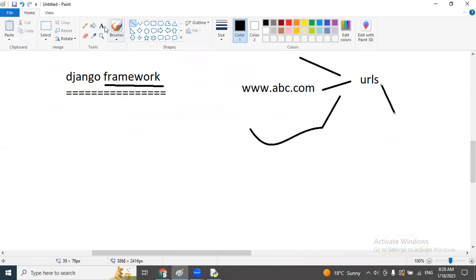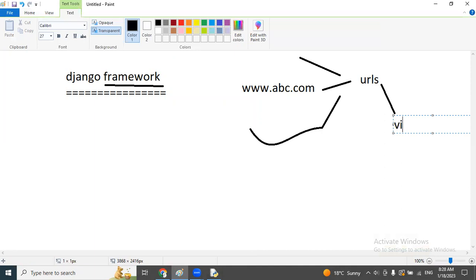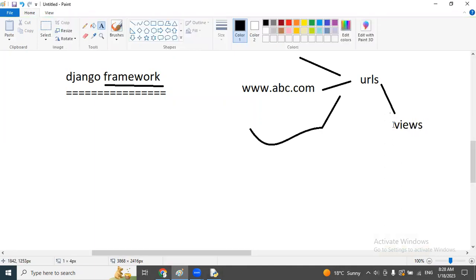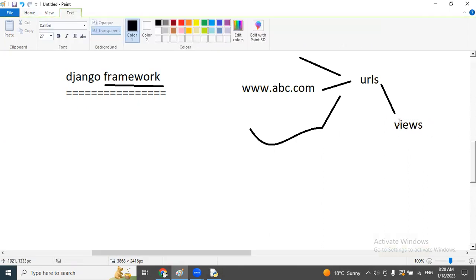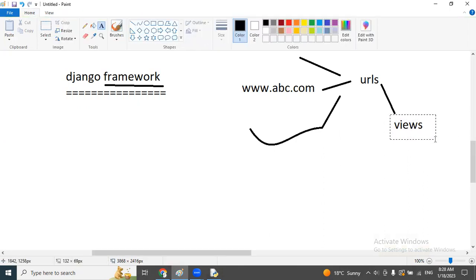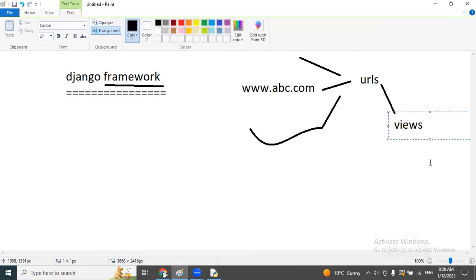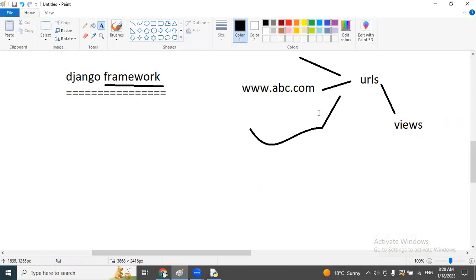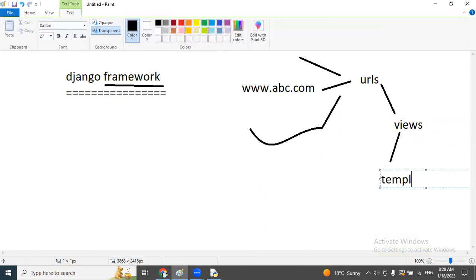Automatically, these URLs are going to forward your request to the next level, called the views level. Views, nothing but by using Python, we are going to write our logic here only. In your entire application, views are going to decide what type of response we have to display on the screen. After that, views are going to forward your request to the next level, called templates, nothing but presentations,